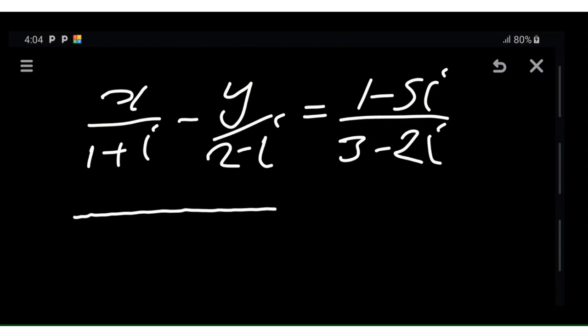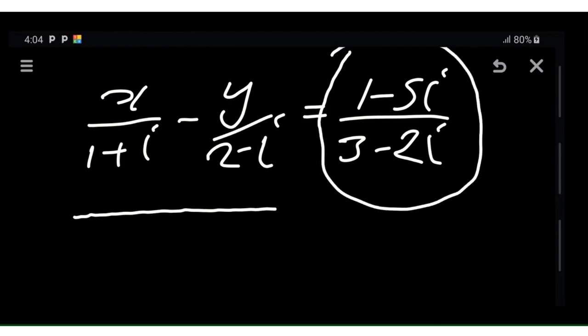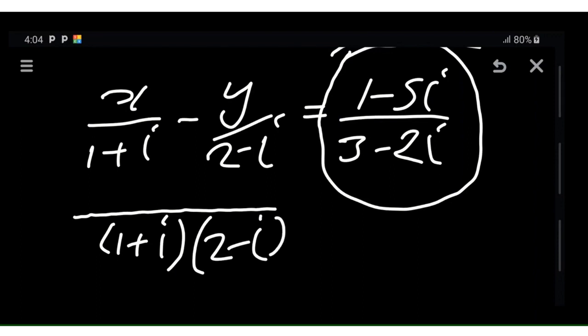Let's keep this one aside because we don't have space. Let's deal with this one first. To deal with this one, we find the common denominator. We have 1 plus i times 2 minus i. These are the common denominators. So we do our usual process: we have x times 2 minus i minus y times 1 plus i, over